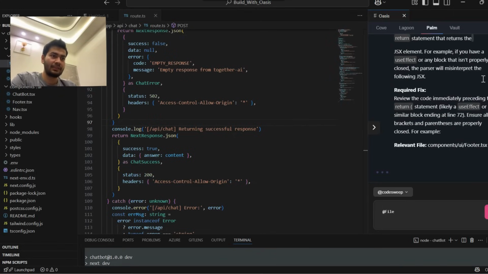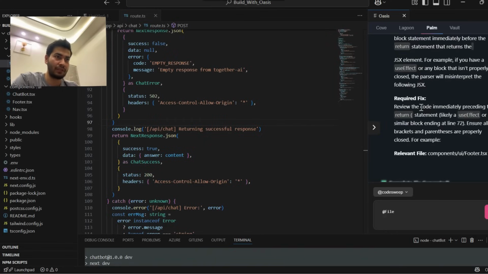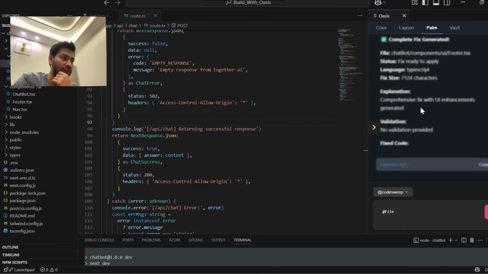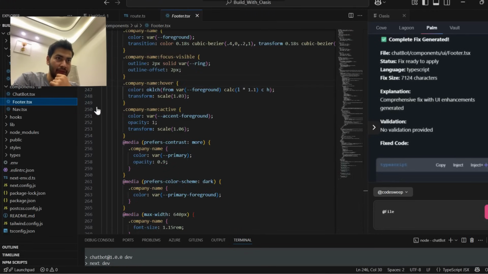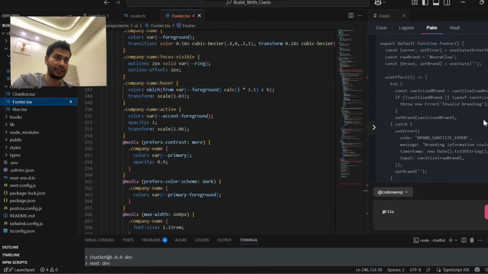So I think this is much more efficient and much more helpful to the developers, if an AI agent can find the actual issue with just a single simple prompt like this, no file context given, nothing. So yes, we have got the code as well. So now let me go to the footer, and okay, so the code is here, complete code,